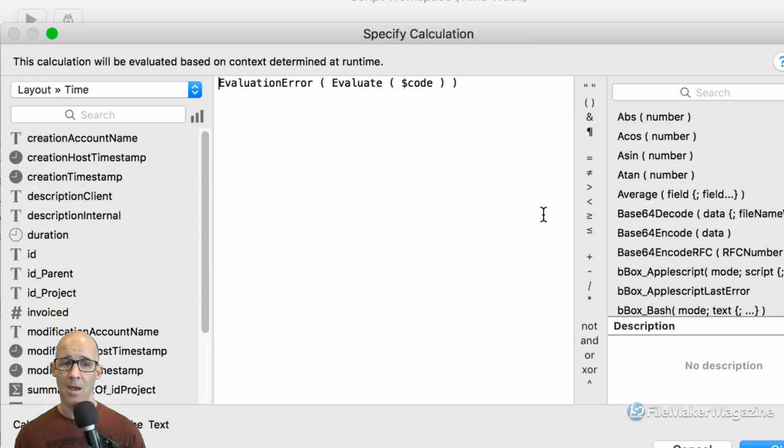So I could, in this situation, have just that. Now, what happens is this. If the values that I had stored within the field of the preferences were not valid FileMaker code, if I stored it and for some reason I missed a semicolon, or I formatted a variable using characters that are not allowed, like the plus sign or the minus sign, anything that FileMaker could accidentally interpret as an operator,